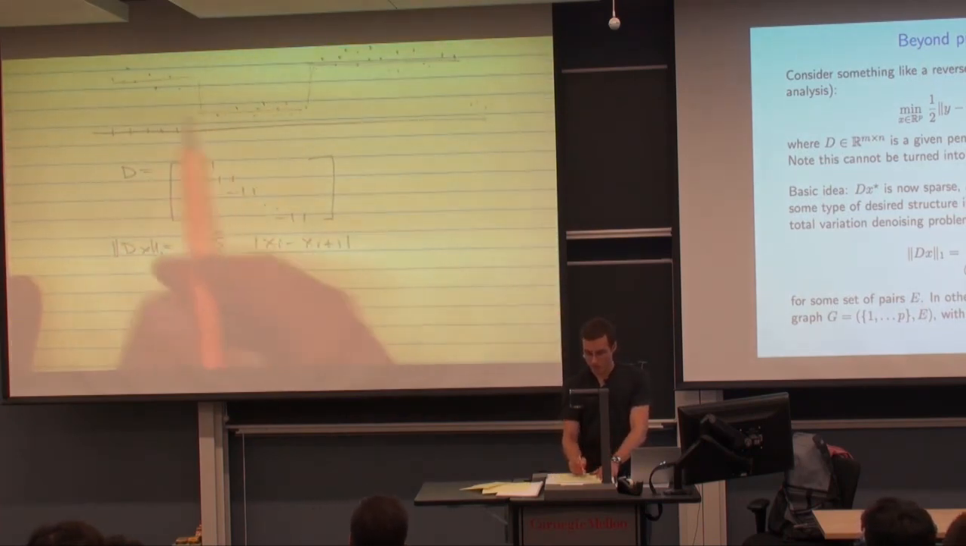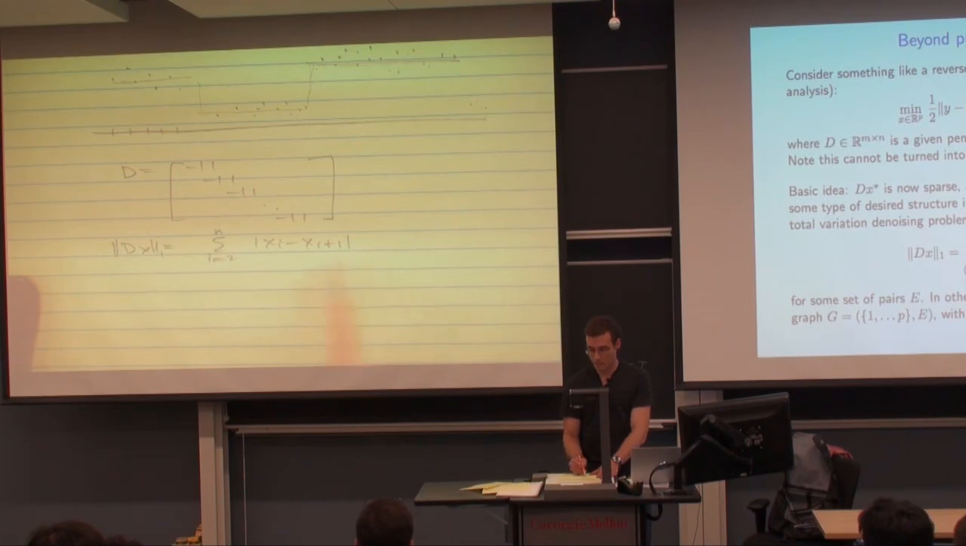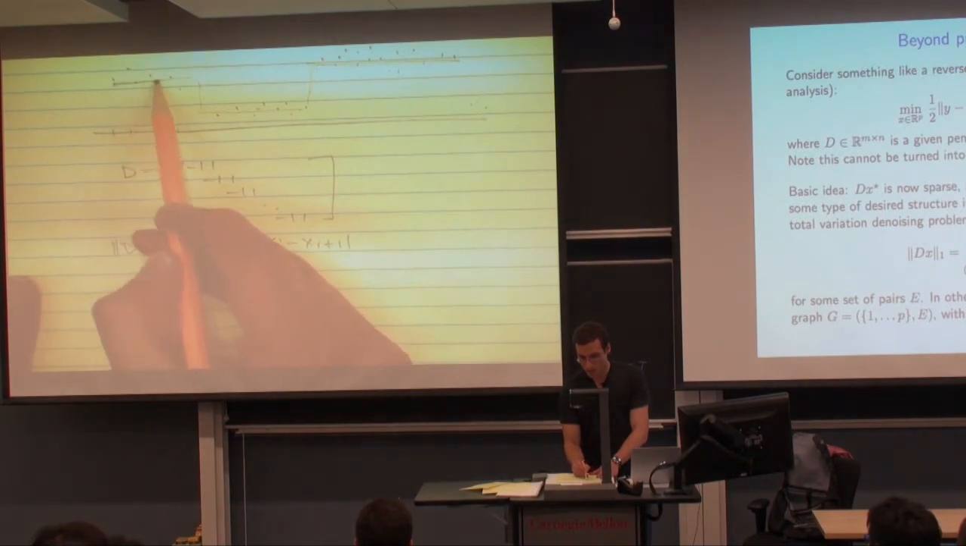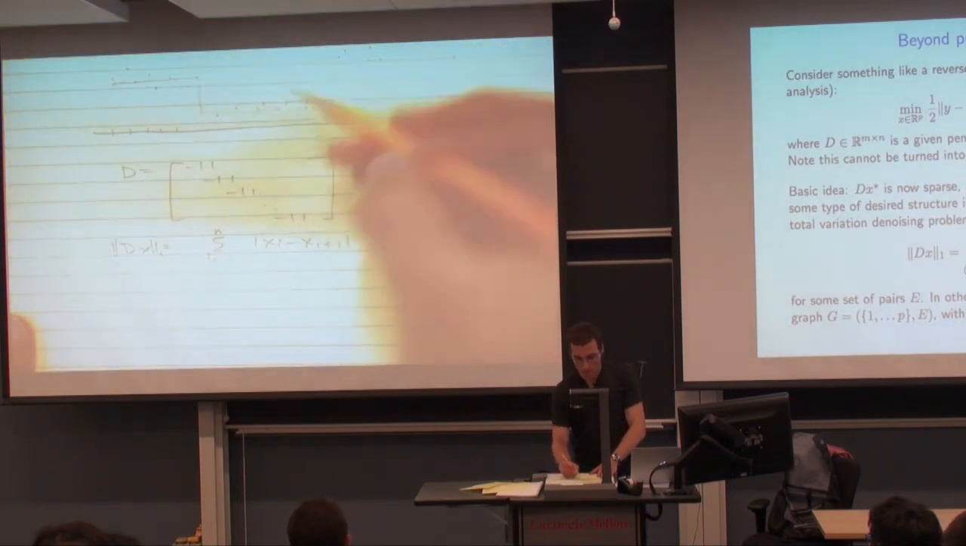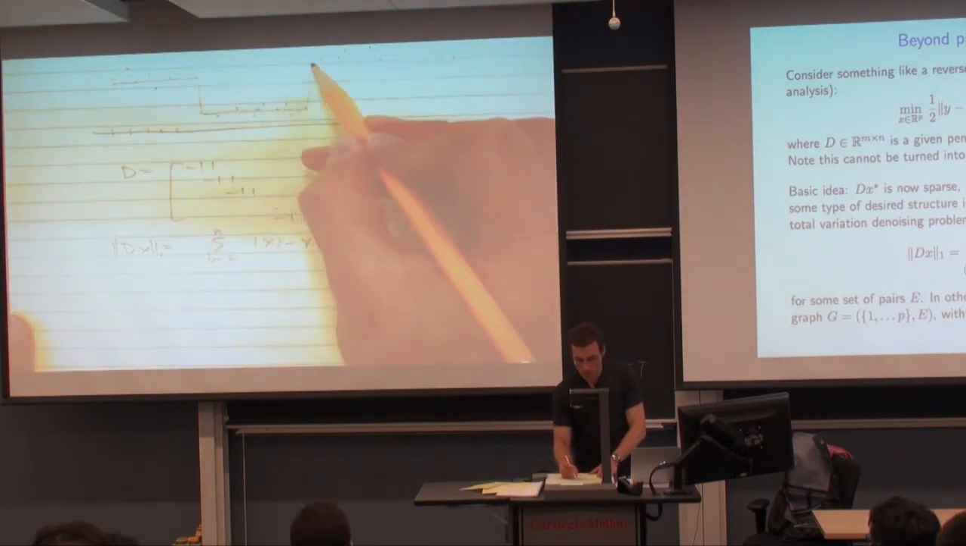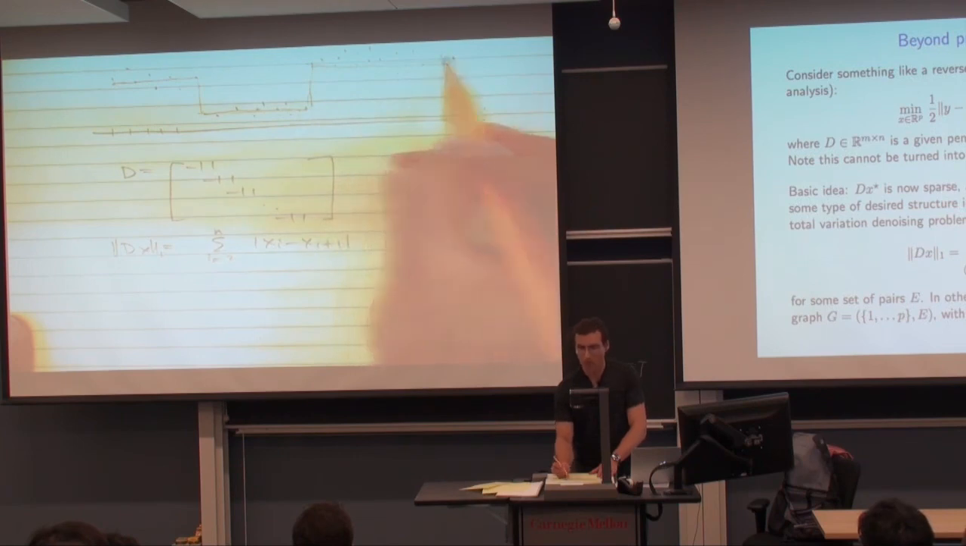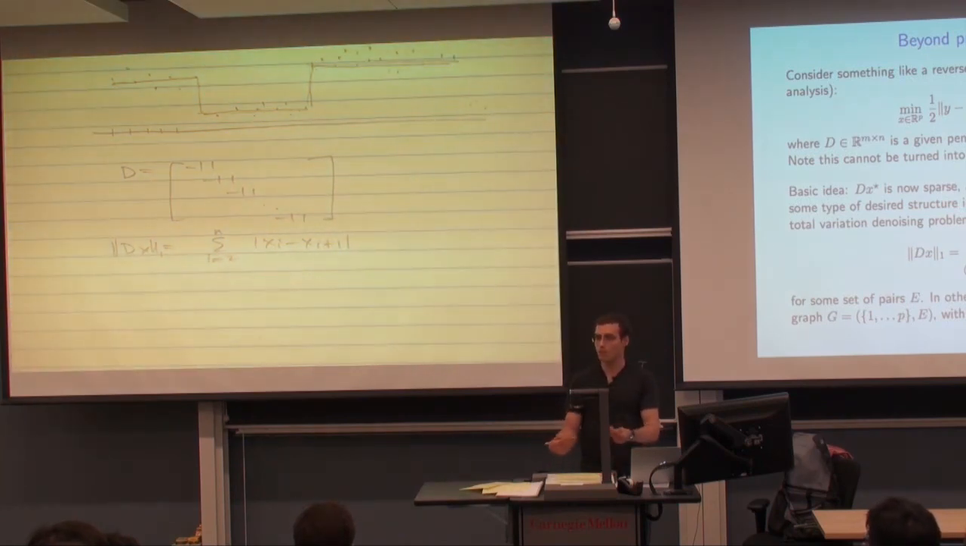Right? So if dx is sparse, it means that a lot of these differences are 0. That means that I'm in a constant region. If there's 0 for some contiguous block, I'm in a constant region. Where it's non-zero, I can get a jump. So if it's sparse and only has 3 non-zeros, that defines a piecewise constant function with 3 jumps, or 3